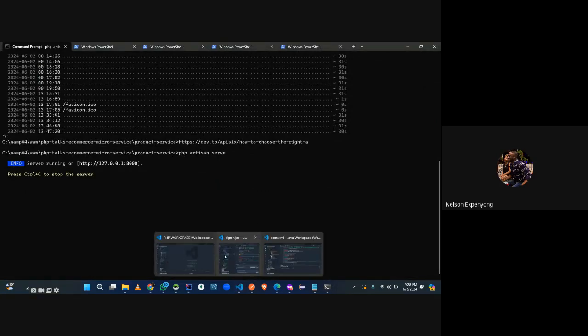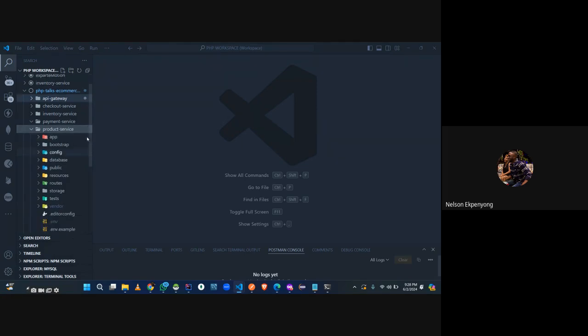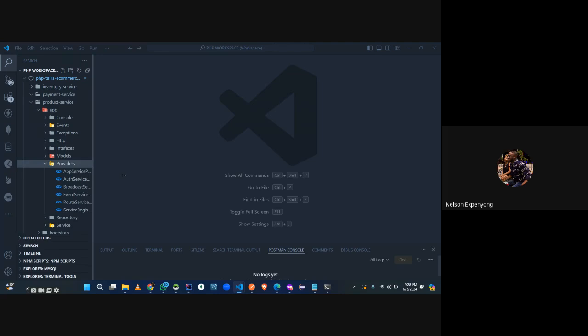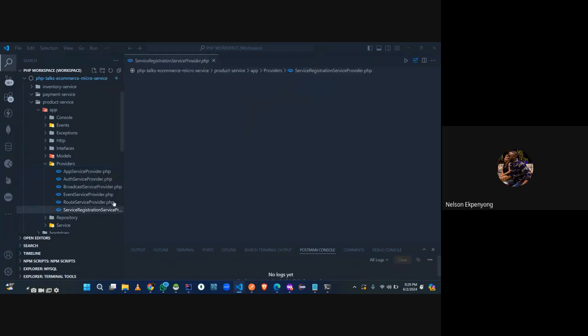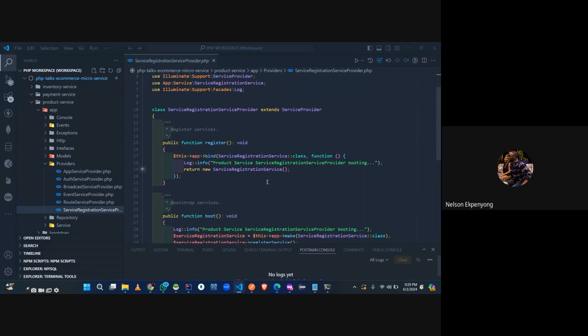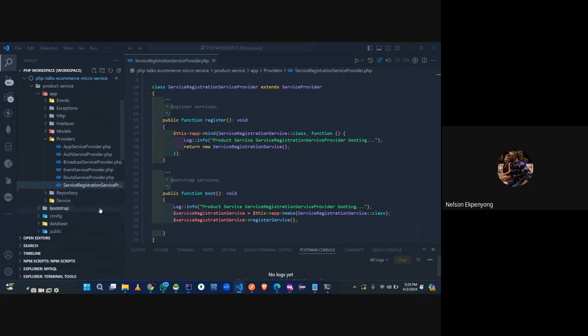So let's go to the code. How is it doing that? Product service. So how did I do this? The first thing I did was, I went to the provider. I created a provider called service registry, right? Service registry is a simple thing. It just registers the service. Now, let me go to the service registry service inside the product service,